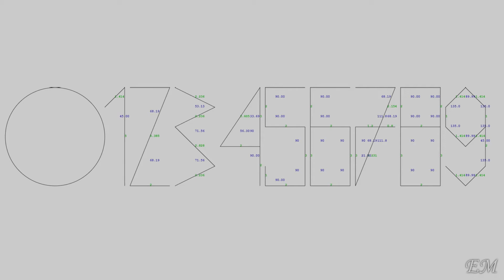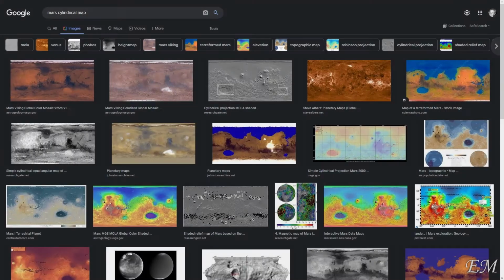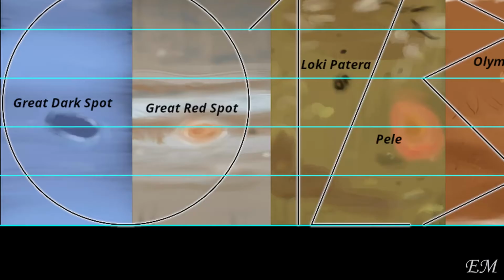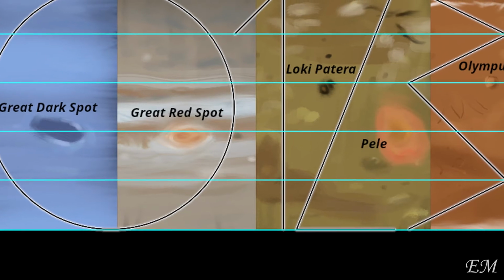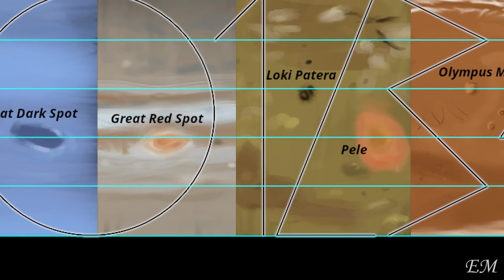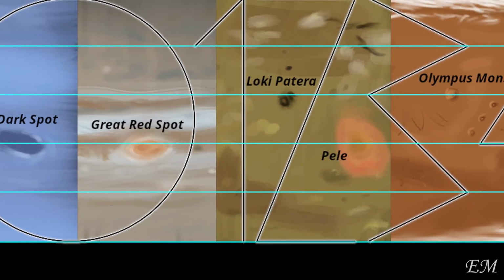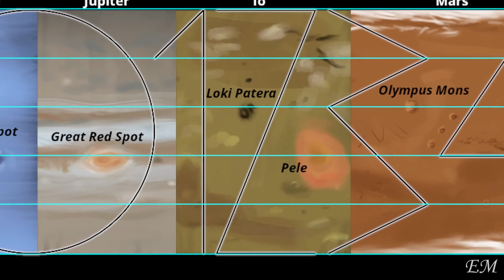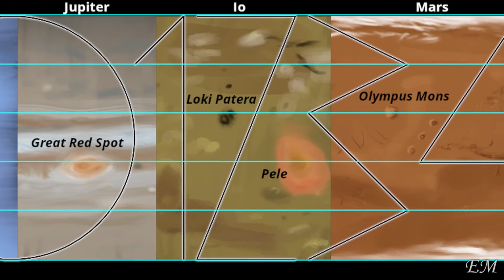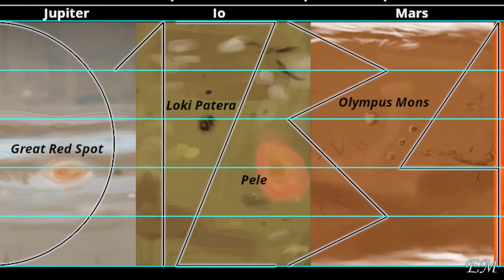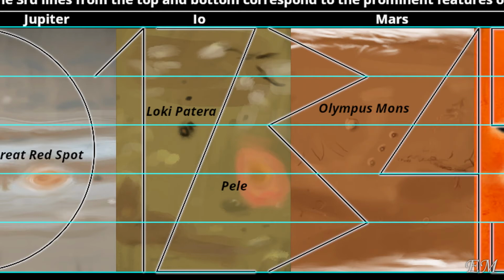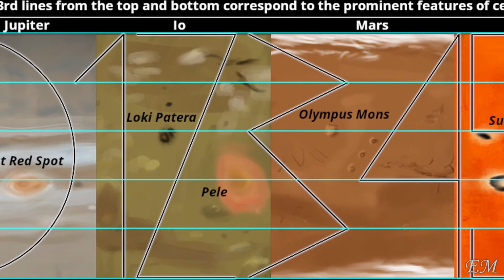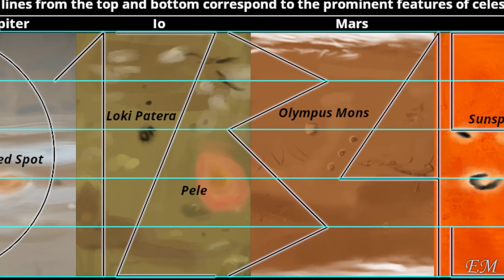In the course of my study of these numbers, I found that if I superimposed a cylindrical map with an aspect ratio of 2:1 of the planets such as Mars, Jupiter, the Sun, etc. over these numbers and drew 6 horizontal lines emanating from the corners of the number 9, for example, then the third horizontal lines, top and bottom, will be located exactly on those places where there are remarkable formations on the